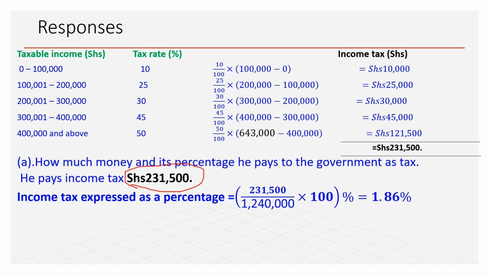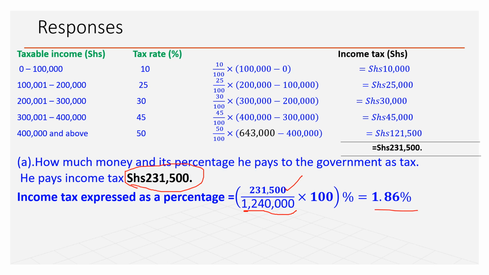Now we need to express that very money as a percentage of the total, and that's why we said the value they want you to express is the numerator, and as a percentage of what? Is it a percentage of gross, taxable, or what? So here as a percentage of the total salary, then times 100,